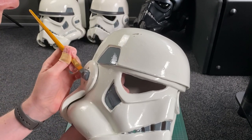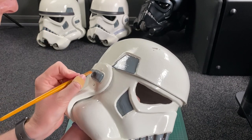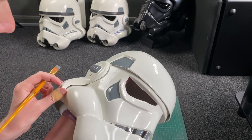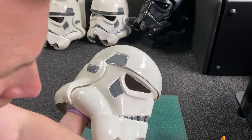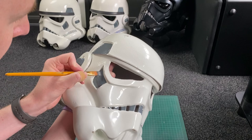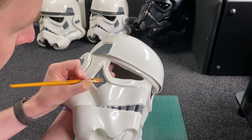There we go, that's looking quite nice. This second coat is actually a lot easier once your other coat is on there and it's dried. Try and get in here a little bit. This isn't the best brush for getting into the tiers because these are an odd shape, of course. So I'm just going to